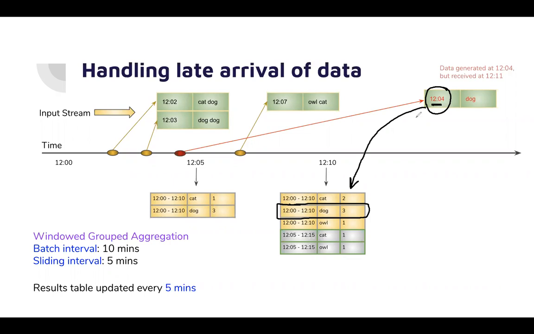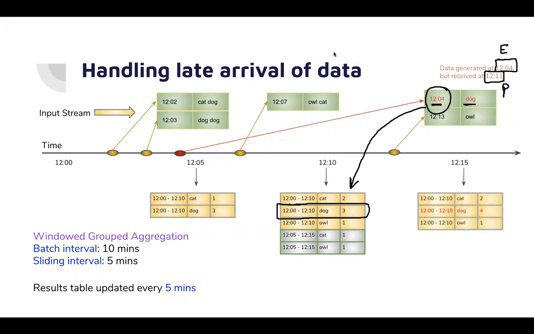So here you have two ways to handle it. Either you handle this word with time 12:11, which is your processing time, or you handle the word with time 12:04, which is the event time when the event was generated. Let's talk about the event time and go ahead. And there is also a new word coming up. So at 12:15, when you produce the output, you will be able to see that this word which appeared now impacted the windowed result of the previous processing.